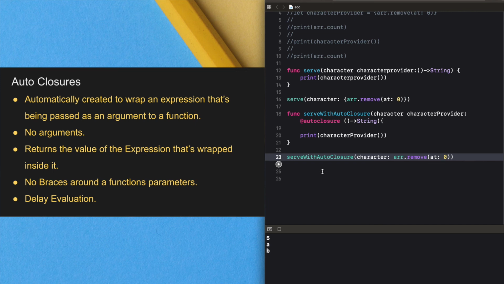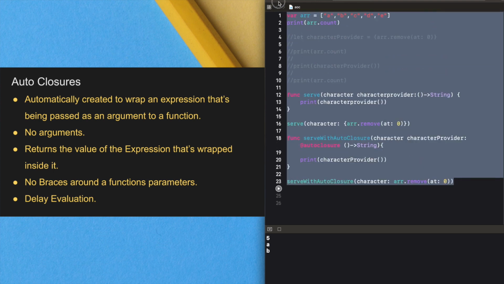Now you can call the function as if it took a string argument instead of a closure. The argument is automatically converted to a closure because the character provider's type is marked with the autoclosure attribute. Okay. These are the things about the autoclosure.